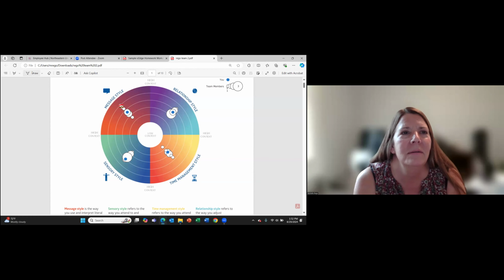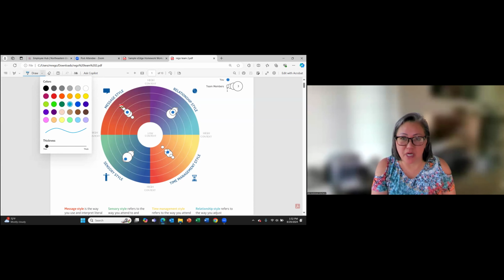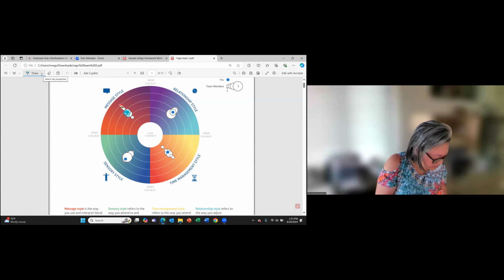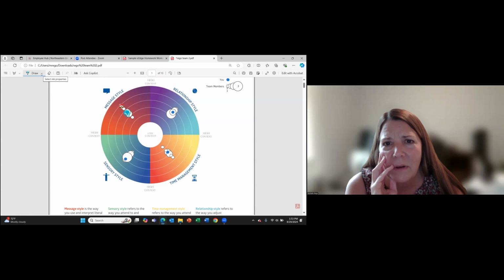I'm in the middle, so let me see if I can. This is Michelle's report, so Michelle's the blue dot. Yeah, that's true. It's messy. I wasn't good in art school either. Okay. So that's the widest difference when it comes to relationship style. Again, it's my report, so I'm the blue dot. Boy, I'm a centrist, except for sensory style. We have a little bit of difference there. Yeah, I'm the last one, that little one.